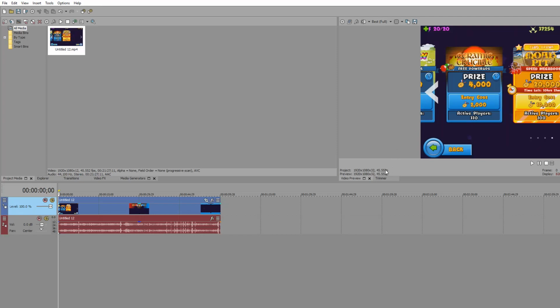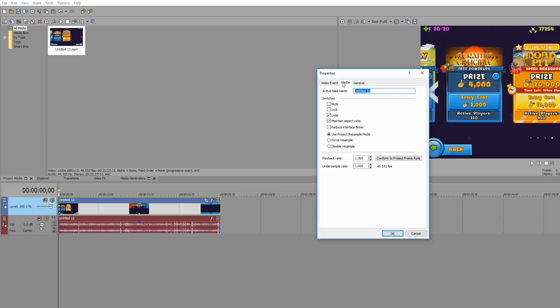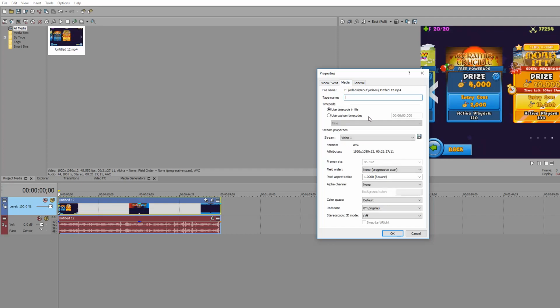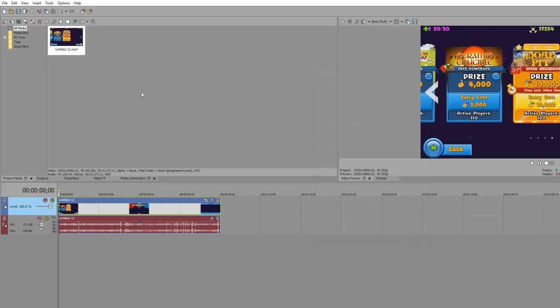So what you want to do is look at the frame rate of your video. On my project preview right here, I can actually see the frame rate of my video currently. If you want to, you can also hit properties, go to, I believe it's in media. Go to media and you can see the frame rate of your video as well. Oh, here it is in the sample rate, 45.552. So there's multiple ways to do it. But anyways,